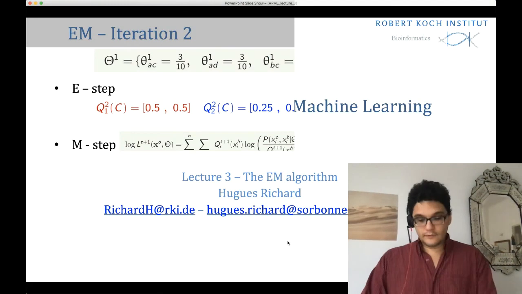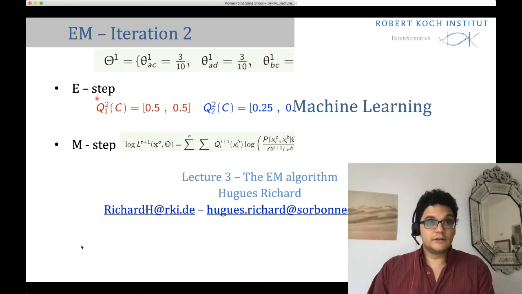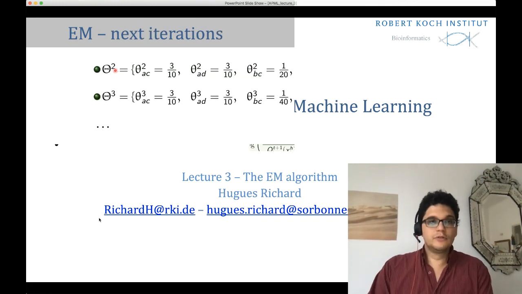The exercise I gave also, to prepare for next week, is the same type of exercise. It's again an EM on a missing value for binary variables, so it's a very straightforward application of this example. And so I let you compute the fact that the posterior will be this one, those values and those values, and then at the M step we can again maximize our expected log likelihood with this term under this constraint, and we obtain new estimates for the parameters theta, and we continue like that.